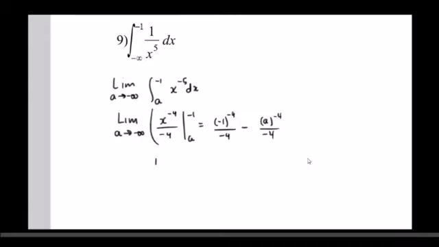Okay. So the limit as a approaches negative infinity. Now with that expression there, since it has a negative exponent, I'm going to go ahead and bump that down to the denominator, leaving a 1 in the numerator, so it's 1 over negative 4 times negative 1 to the 4th, which is 1, so it's negative 1/4. And the same thing, since this one has a negative exponent, I'm going to bump that one down, so it's 1 over negative 4 times a to the positive 4th power, and then here